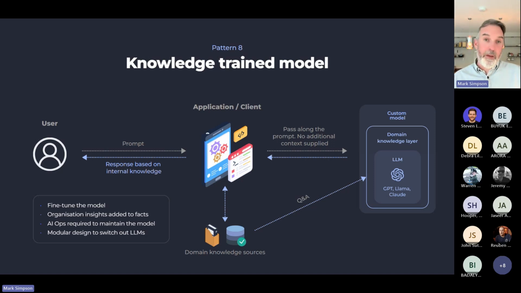So take one of the base models, Llama, Claude, GPT, whichever one you think meets your needs the most, and then ask it a set of questions and answers based on your unstructured and your structured data, based on the prompts and the context you're passing, all those guardrails, train it up with a set of questions and answers so that now you've got an embedded model that has also got your domain knowledge, your organization specific knowledge in it.